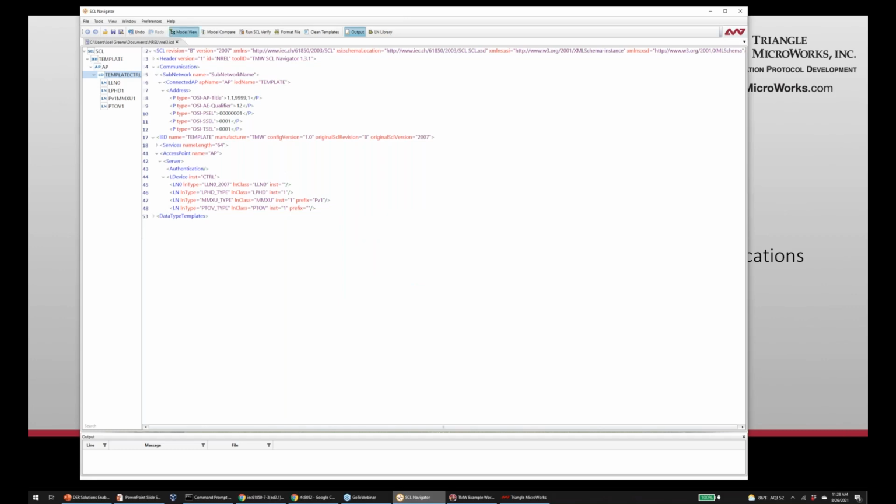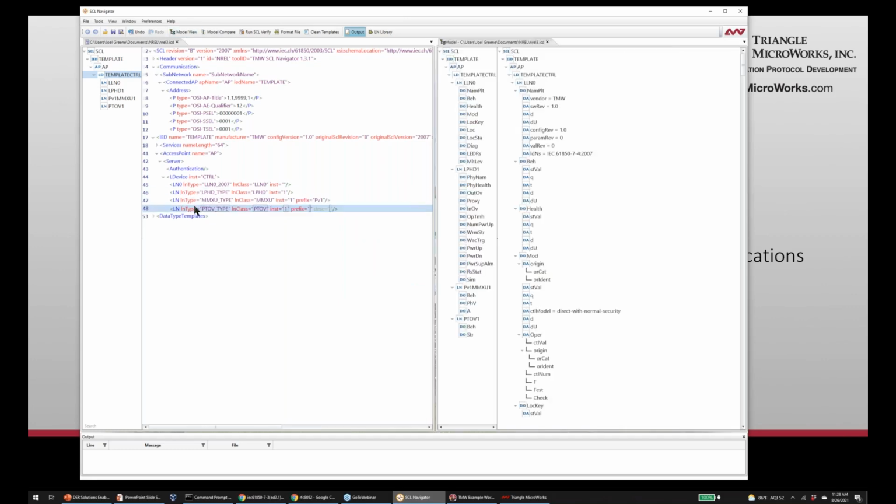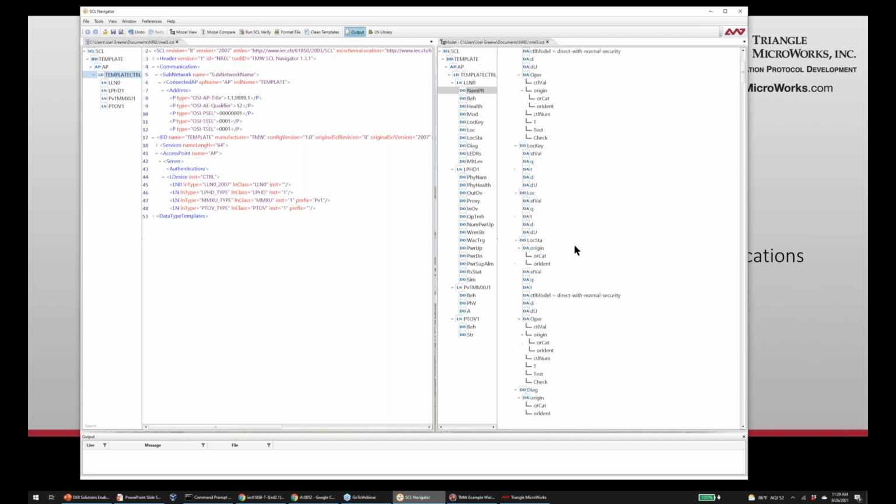We have a tool called Model View. As this is built up from these data type templates, it can be difficult to visualize what the model will look like online. So this window builds up the model view from those templates, assembles all that, and presents us a view of what a client will see when it connects to this server. Very helpful to the engineer to be able to see easily what's going on there.